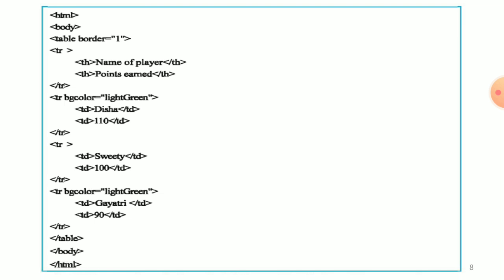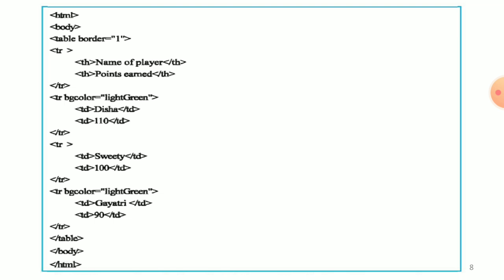Body, table border equals to 1. tr, that means table row, the first row. The first row is always the heading, so the th tag is used. Th, that means table heading. Name of player and slash th. Points and slash th. Slash tr, that means the first row is over.